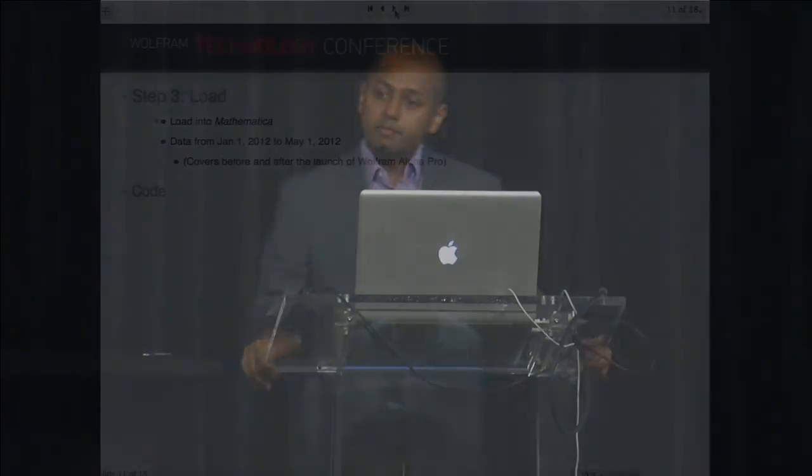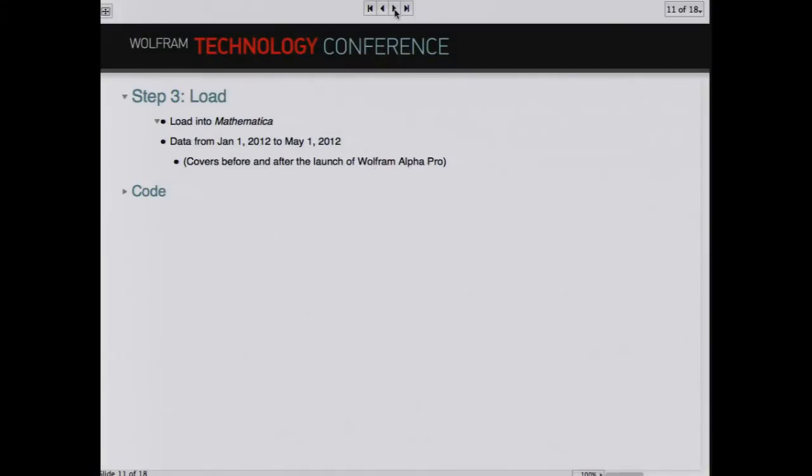Step 3. Once you have created this data and you've put it into HDFS or your MySQL table, at this point we want to load it into Mathematica. So I went ahead and ran this MapReduce code for the period starting on January 1st, 2012 until the end of April. And so this covers the period before and after the launch of Wolfram Alpha Pro.